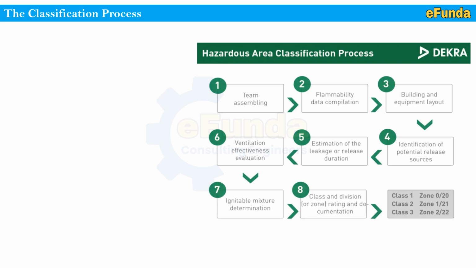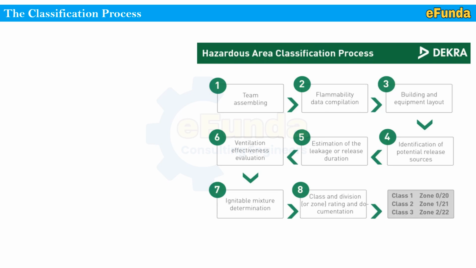Fifth, estimation of leakage or release duration. Sixth, ventilation effectiveness evaluation. Seventh, ignitable mixture determination. Then class and division or zone rating and necessary documentation. Further, last, that is class 1, zone 0, zone 20, class 2, zone 1, zone 21, class 3, zone 2,